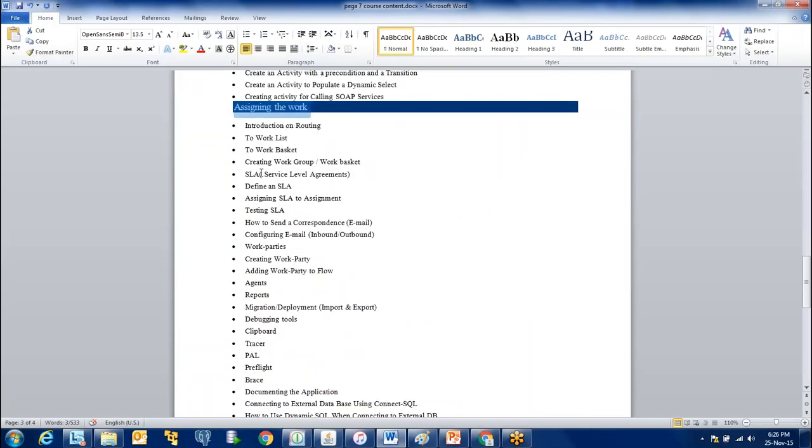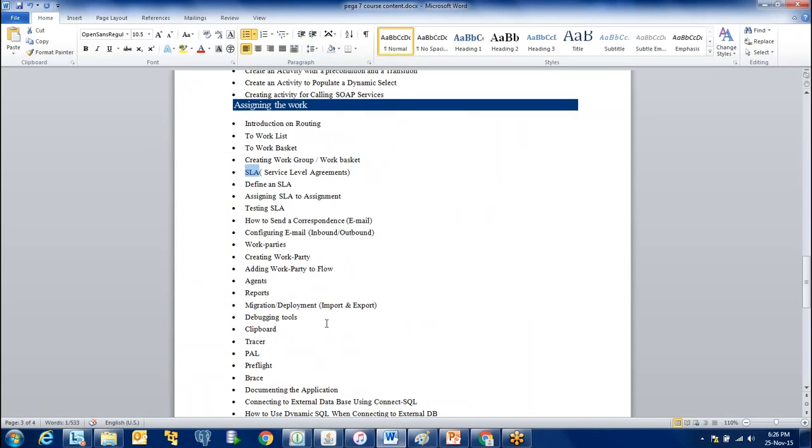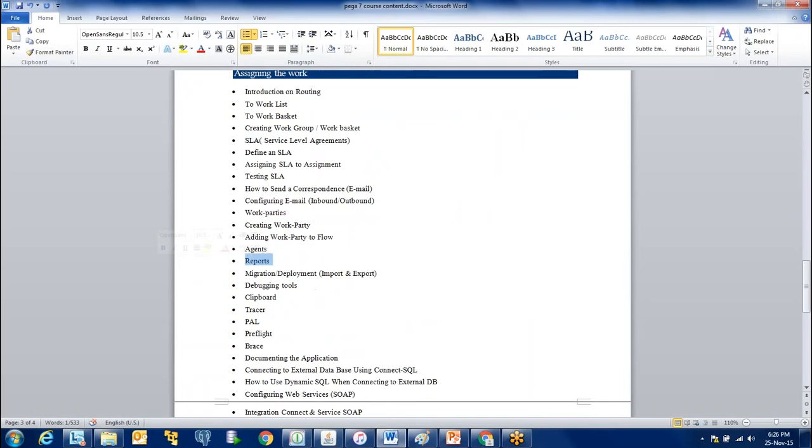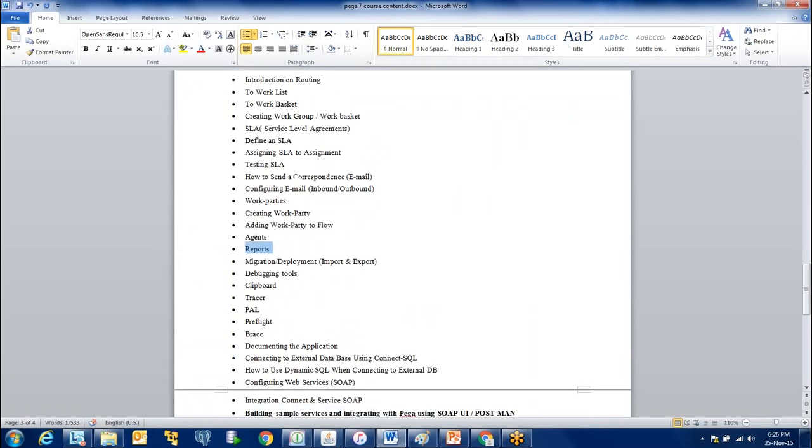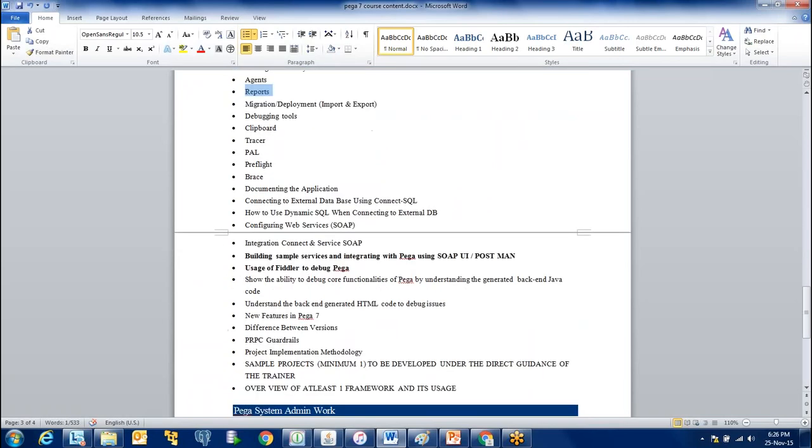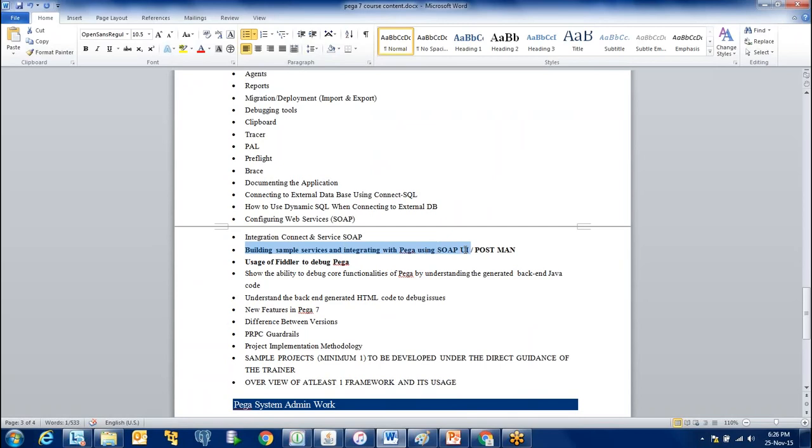Then the service level agreement comes up, and within how much time the person should respond back to the customer. Then reports, and how to migrate and deploy things. I would help you build a sample service within Pega using the SOAP UI and Postman clients.